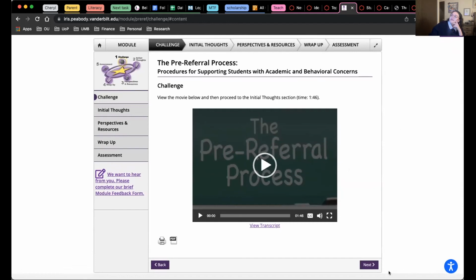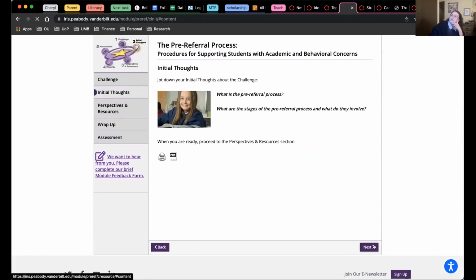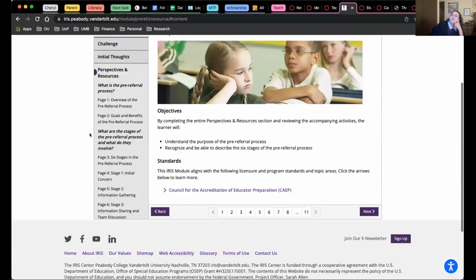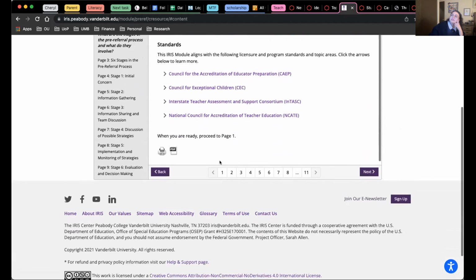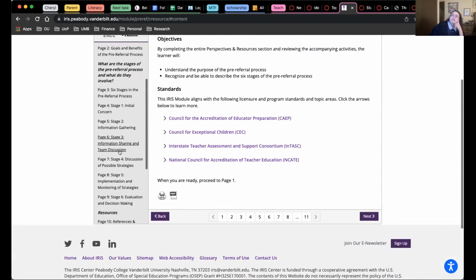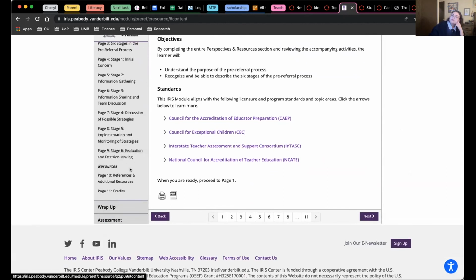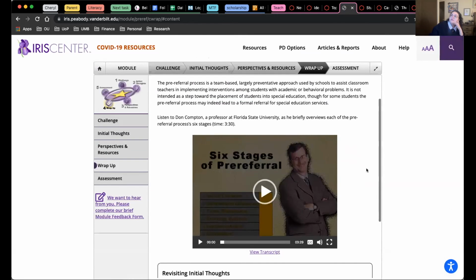Once you go through it, it's going to have you start off with a video. There's a transcript there. It's going to have you do some work. And as you go through, you'll see that there's a couple different pages. And with each page, you're just kind of scrolling down, reading through and looking at to see all of their steps and processes. And when you are done going through all of those pages in your module,